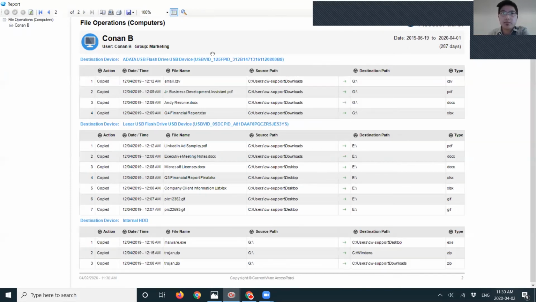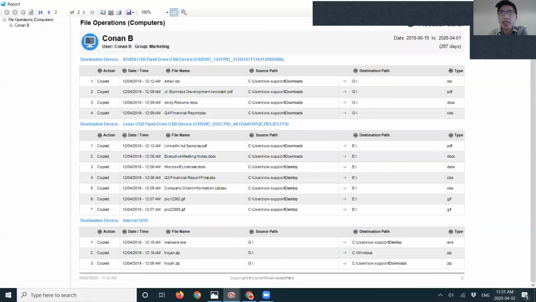And in this sample report, we got 3 devices. The first 2 are external USB devices, and these are all the files that the users are copying to and from the device. And then the last one is an internal hard drive, where if for some reason they're plugging in a USB that's bringing in some sort of virus, Trojan, or malware, then you will be able to see that in this report.